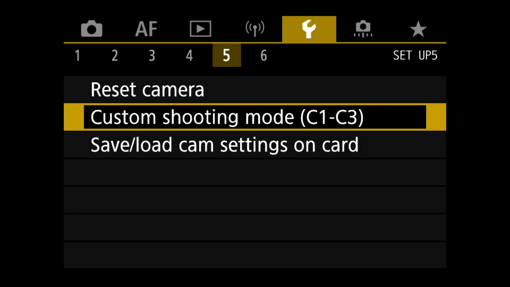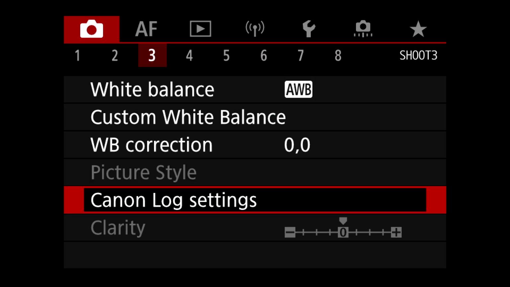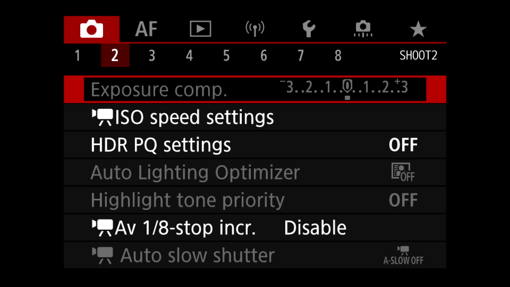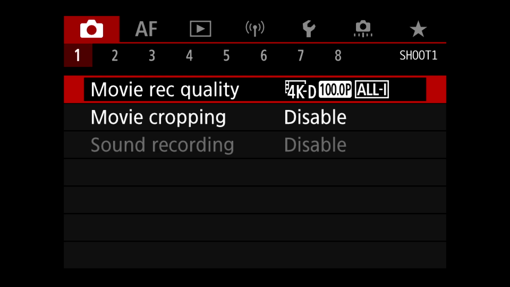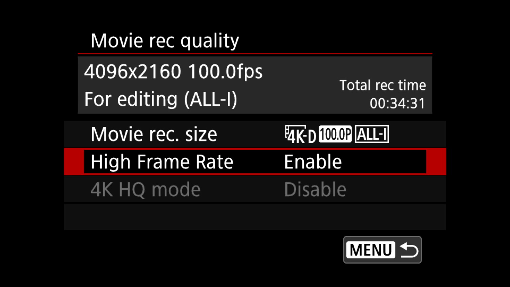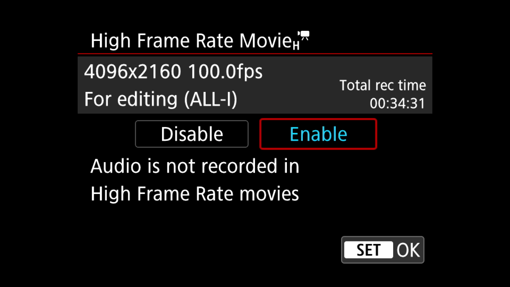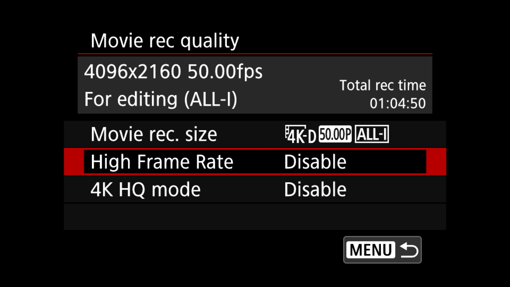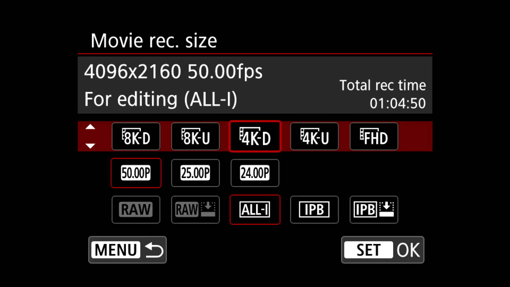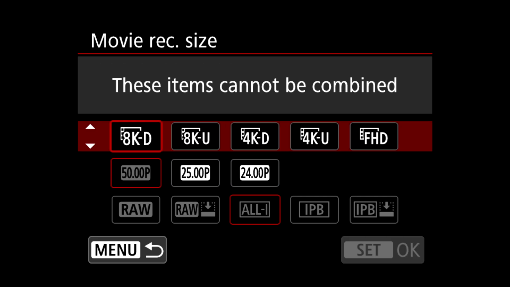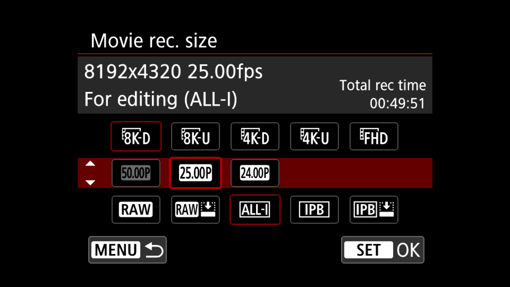So now I still have one C left, C3. Let's go back into the menu. I'm going to go to shooting, and in the beginning, movie record quality, and I'm going to disable the high frame rate. Disable the high frame rate, and I disable the 4K HQ mode, and then I'm going to go to movie record size. What I will do is set it to 8K. So I'm going to choose 8K, 8K DCI, and then I'm going to choose 25p, because that's the maximum that 8K can shoot,